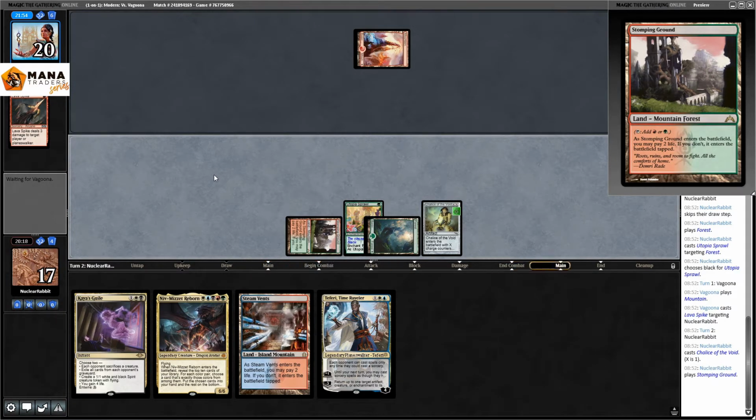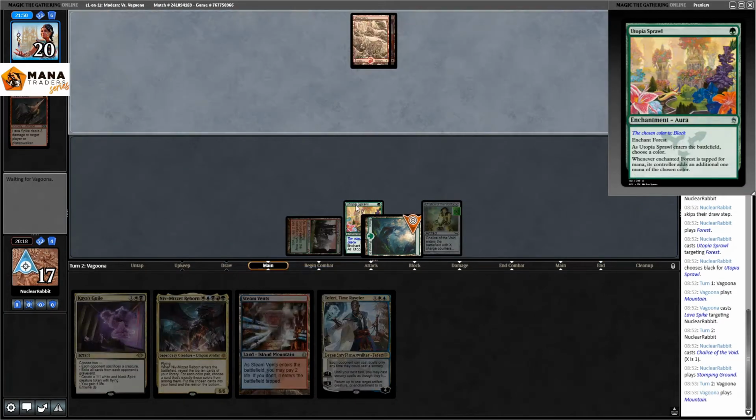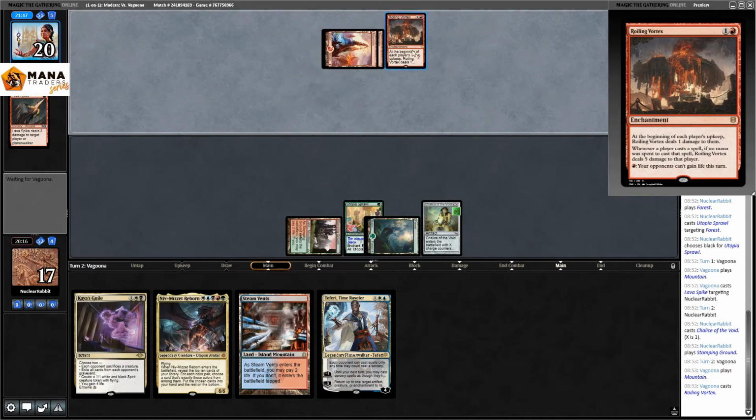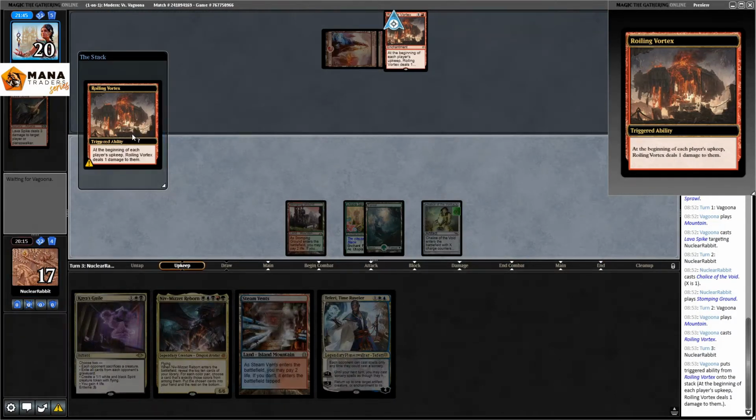I was going to try and... no, I can't do that. No, I definitely should have named white here. Yeah, I didn't realize how much more white cards are in the deck than blue cards. So they're playing a Roiling Vortex. Okay, that's fine-ish, I'm guessing. Not ideal, but...